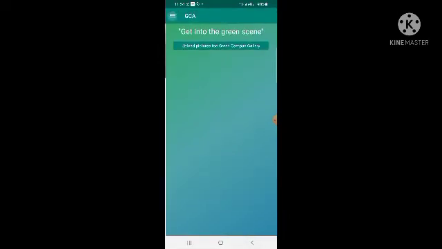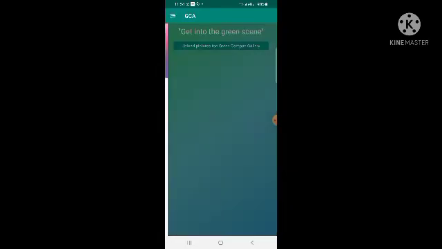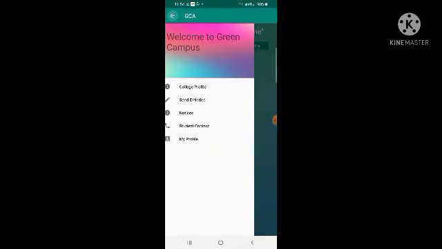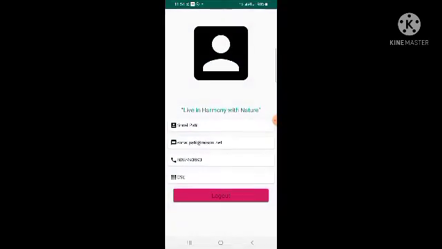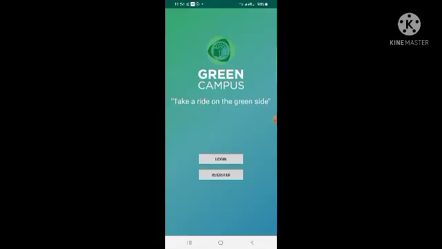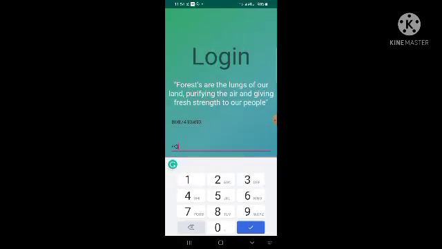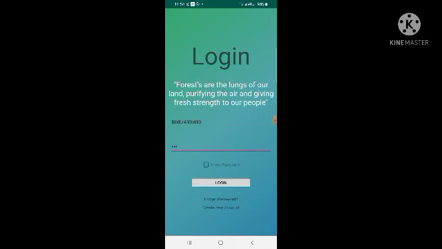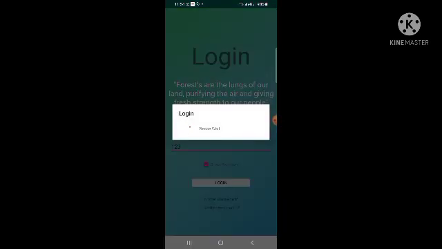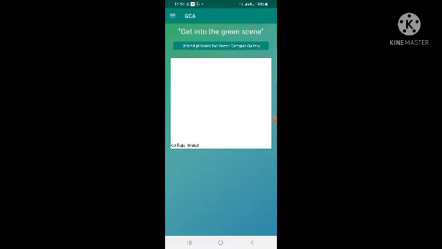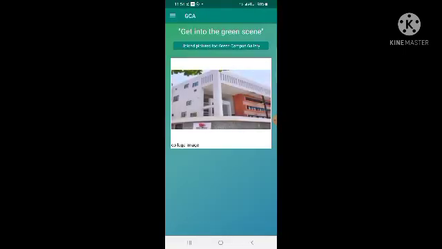Now we will see this when we log in again, because it takes time to update, as we have used a free database. The picture has been uploaded successfully.